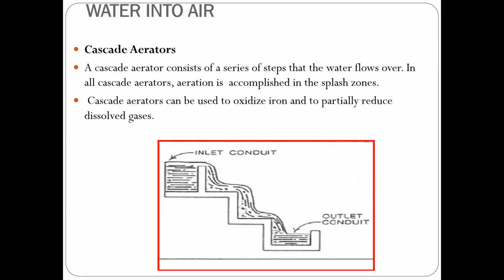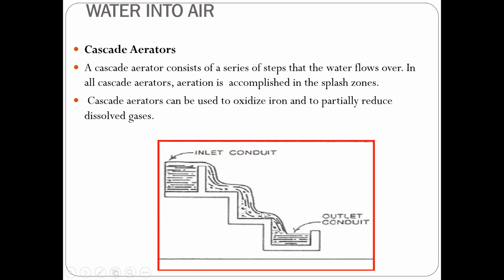I have to show this cascade aerator, which consists of a series of steps. Okay, series of steps. You can see the image, series of steps. In all cascade aerators, aeration is accomplished with the splash zones. You know, the raw water is coming into the inlet conduit, and that inlet conduit means inlet pipeline. Raw water is collected into this inlet chamber,